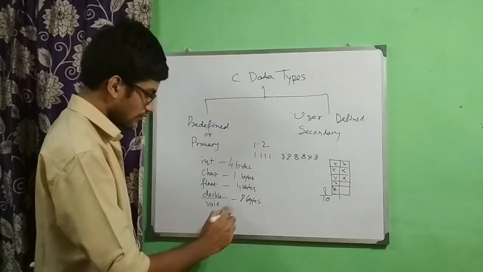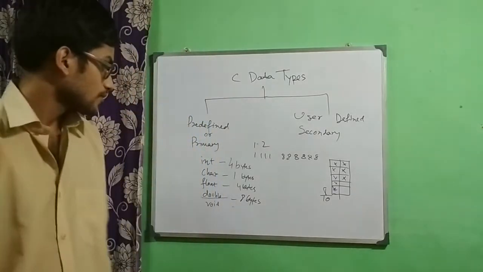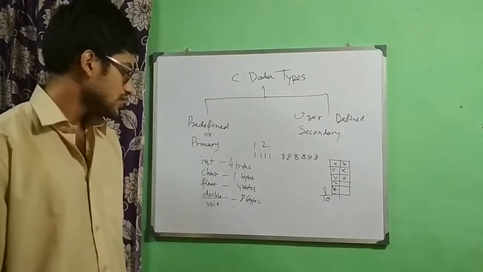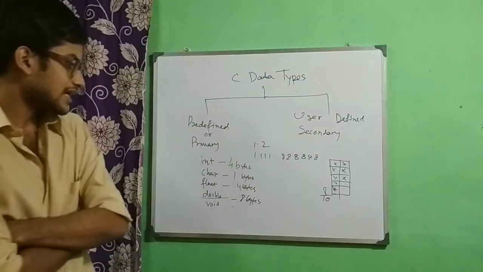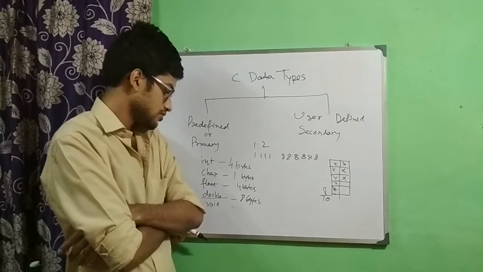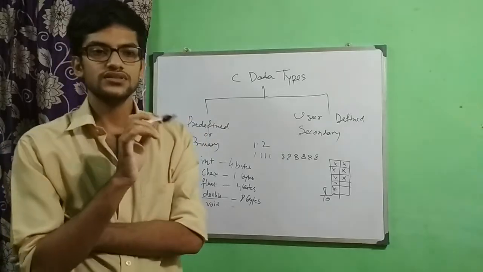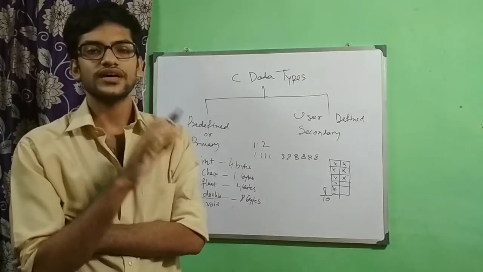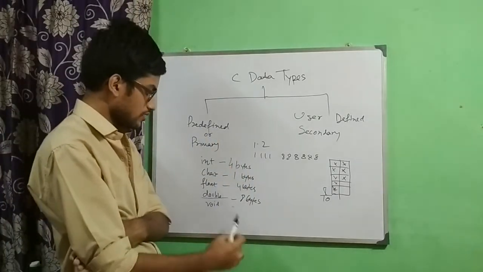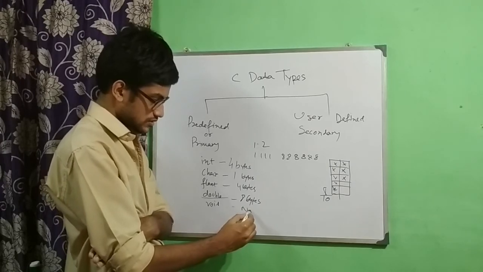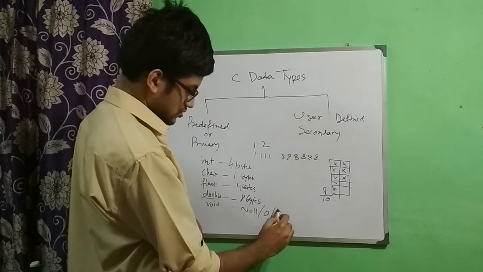Okay, for now, what is void? Void means nothing, null or zero. When we are working with functions and data types which hold nothing, void is the data type which holds nothing, which is actually nothing, zero or null. There is nothing we are talking about. Void itself is void, nothing, you can say null or zero or nothing.